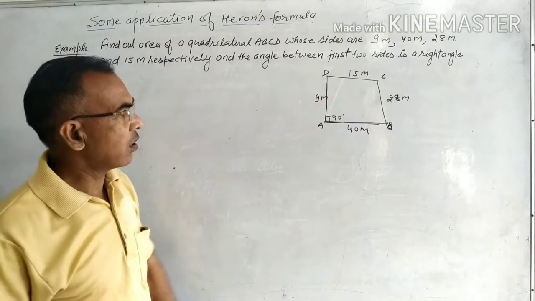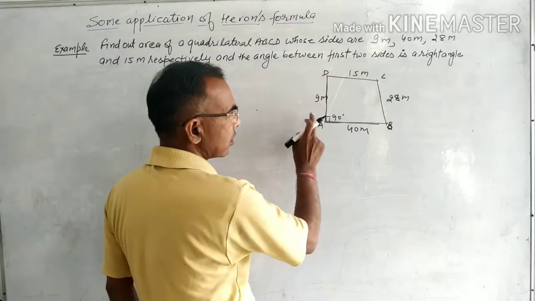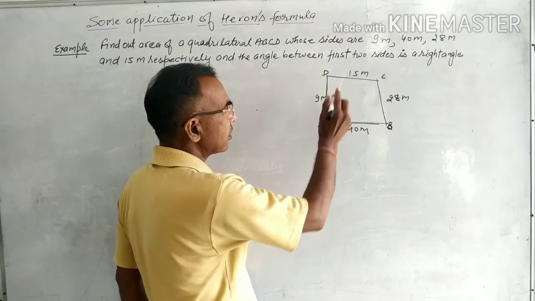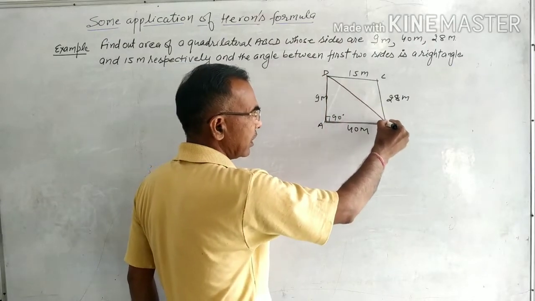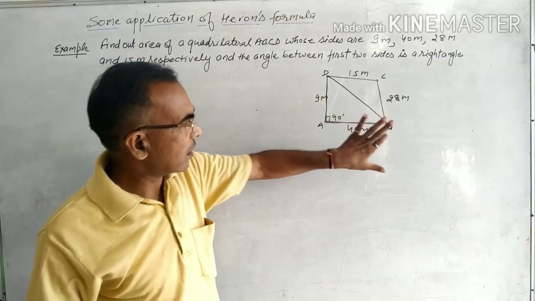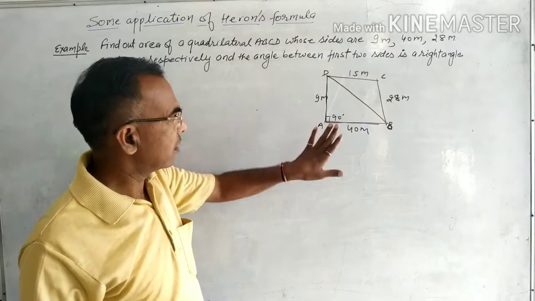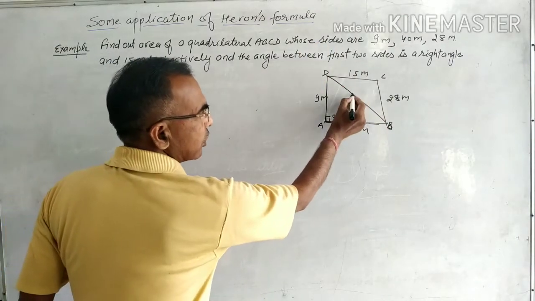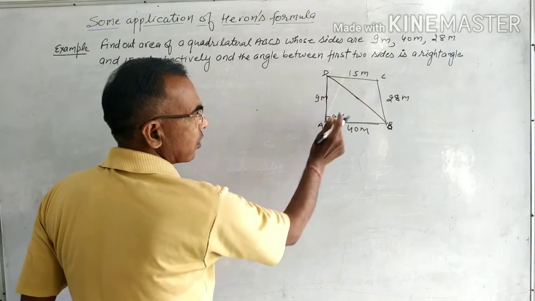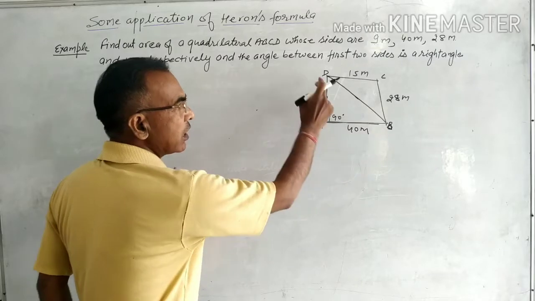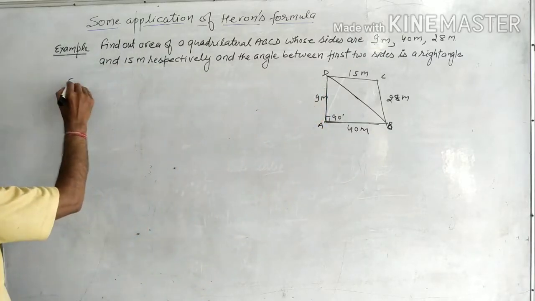Clear? Now convert into two triangles, because angle A is 90 degrees. So BD is the hypotenuse of right-angled triangle ABD. So first you find this side, the diagonal of the quadrilateral, also we can say the hypotenuse of triangle ABD. Solution: